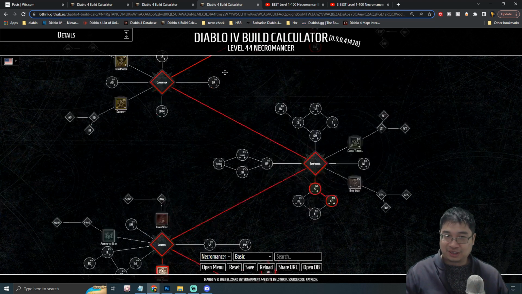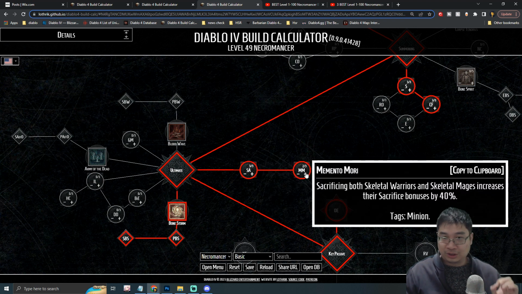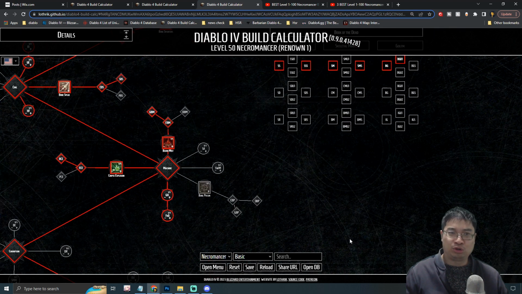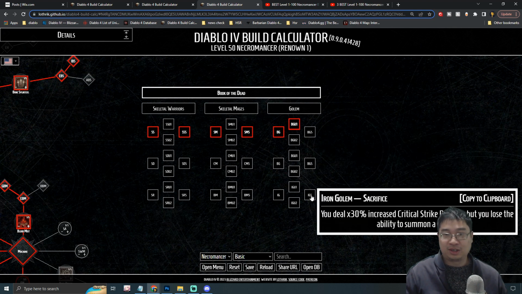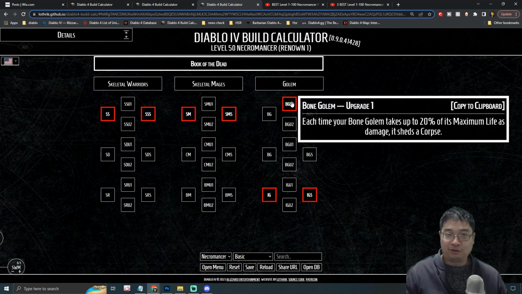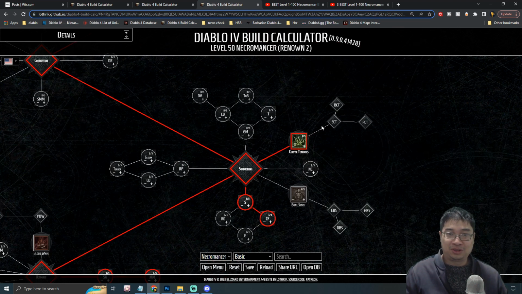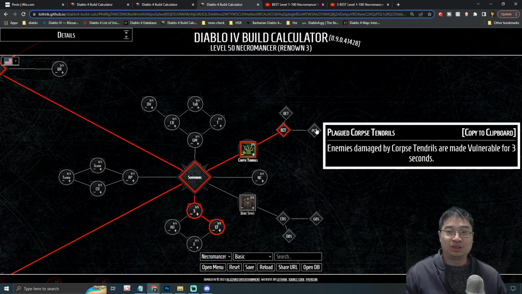Now, because we'll be sacrificing minions, we can also be benefiting from the damage reaction and also additional sacrificial bonus from the skeleton warriors and also skeleton mages. And finally guys, if you are planning to not use the golems, what I do recommend is we can be sacrificing the golems for additional critical damage. And in doing so, we can also use the corpse tendrils, which will provide us with additional ways of dealing